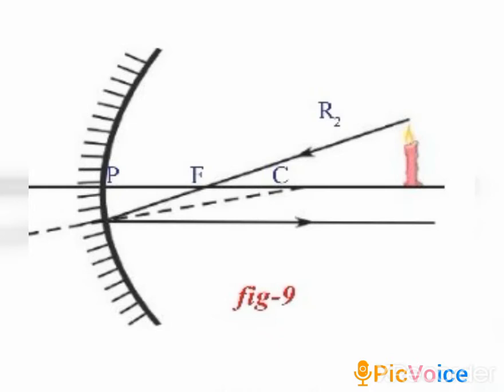Have you observed that? The ray is passing from the focus and hitting the concave mirror. When any ray from the source passes from the focus, the reflected ray will be parallel to the principal axis. I guess you know about the principal axis. We have discussed this earlier. P to C, this line is the principal axis. So if a ray passes from the focus, it will always form a parallel reflection. For example, if an incident ray passes from the focus, the reflected ray would always be parallel to the principal axis. Simple, right?